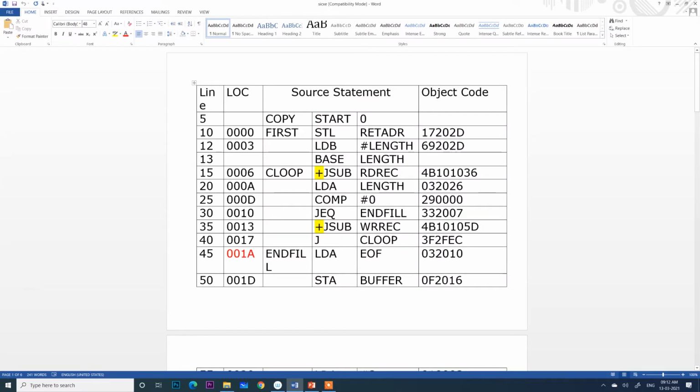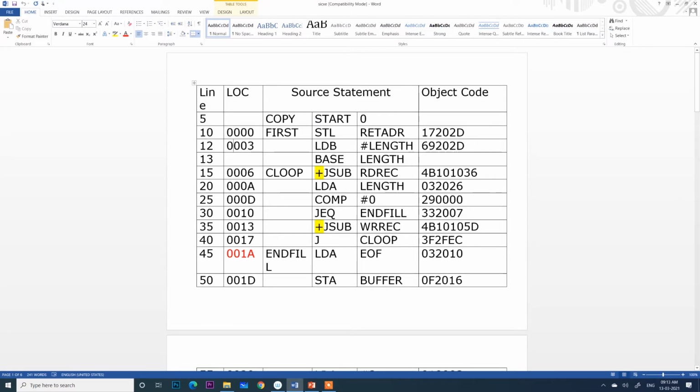Now consider the SIC/XE program we have discussed already. In the last video we discussed this program, and this is our program. Now listen, suppose this program says that the program should start at location 0000. Suppose instead this program starts at location 1000.